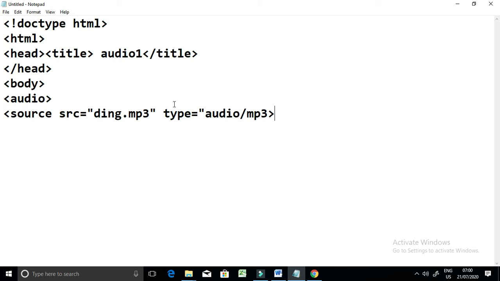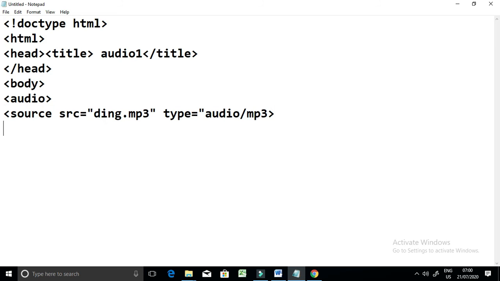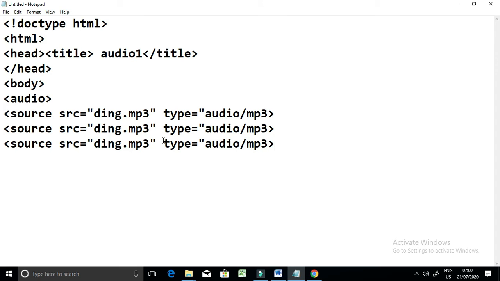Copy this source tag and paste it twice. You will change the audio file format to WAV. And one more to .ogg.